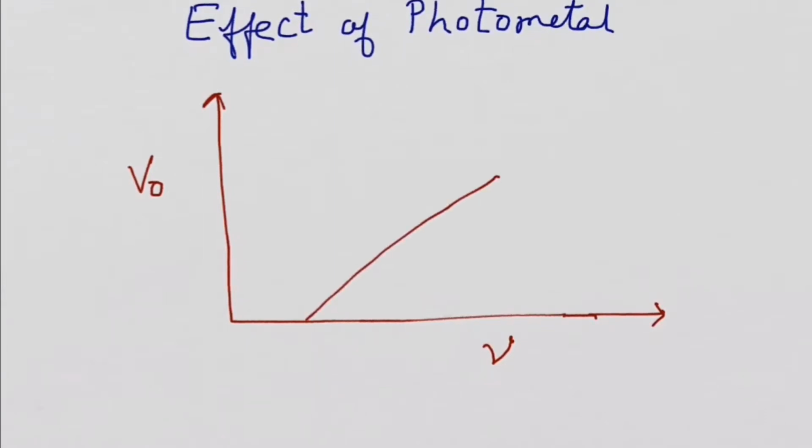When the frequency and intensity of incident light are kept fixed and the photometal is changed, we observe the stopping potential versus frequency graphs are parallel straight lines, cutting the frequency axis at one point called the threshold frequency corresponding to one particular metal. This threshold frequency is found to be different for different materials.